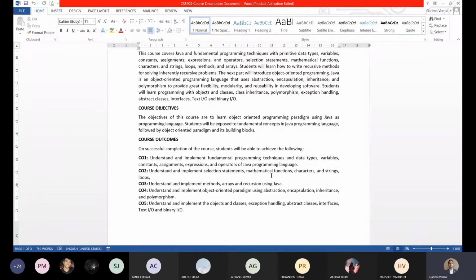The string class we will use to see what kind of operations you can perform on the text data. Fine. Which is not available before Java. It is available with Python, but C and C++ do not have this kind of data. For that, you need to implement the array, but in Java, we have the concept of a string class, and we'll use the text data by using the string class.